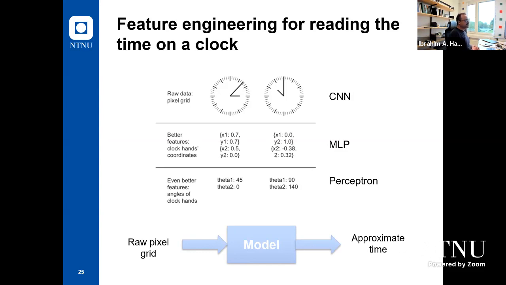So if you are working with a convolutional neural network, you just feed it with the images, with the raw data. It's a pixel grid, for example. So it will be able to learn, but we need to train it with a big data set. If you are working with a multi-layer perceptron, it's smart to try to simplify it. How can we do this? We can do this by